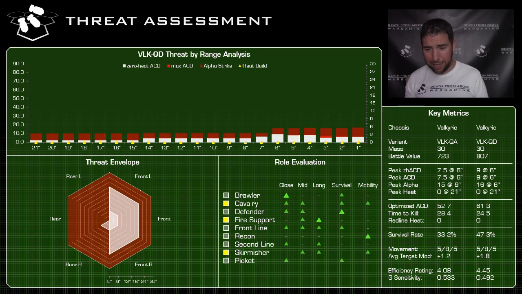So for this mech, I picked the same roles. Again, maybe a Picket mech. I struggled with all of these guys, I gotta be honest with you. I stared at this for like an hour. I was like, what should I do with this? I thought about Picket, I thought about Skirmisher, thought about second line, thought about fire support, thought about cavalry. I left it in those same 3 roles because I think cavalry is pretty much how you'd play this